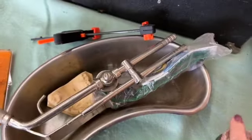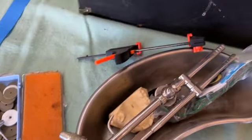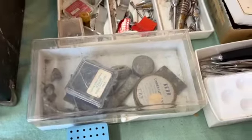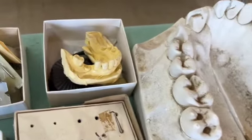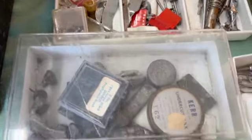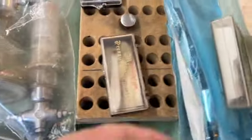So here's some old dental equipment. I actually have sold old dental equipment before. I've run into it a couple of times at estate sales. And this kind of all gives me the willies. Oh, the drill bits. But you could see if somebody was a dentist, had a dental practice, this would be very cool to put on a shelf. These old things,